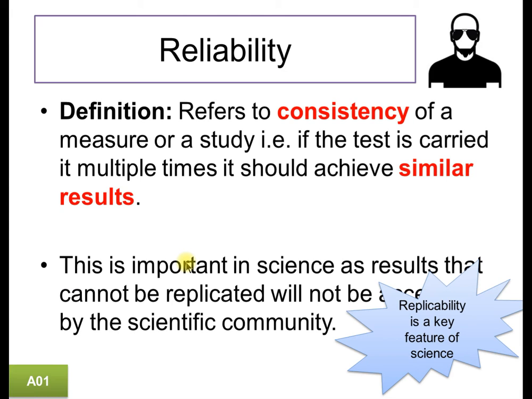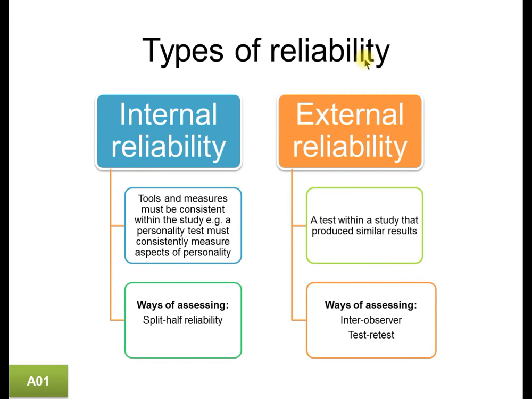Reliability is a crucial concept in science. Findings that are unreliable are not scientific. And this links to the idea of replicability, which we'll get to later as a key feature of science. So there are two types of reliability, broadly speaking. In the same way we talked about validity in year 1, we're now talking about the difference between internal and